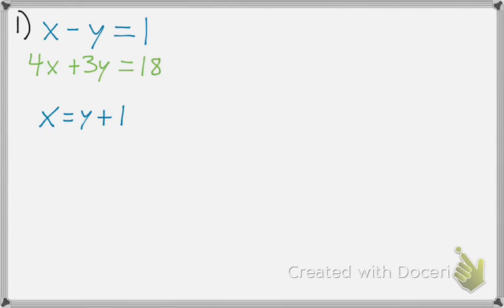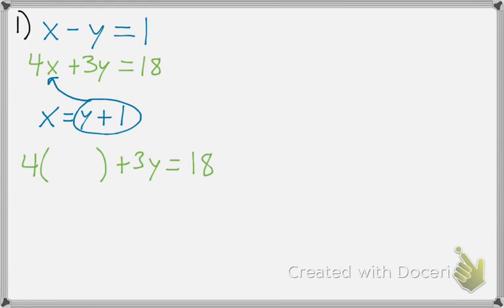So once you isolate one of your variables, you want to take that and plug it in for that variable, but in the other equation. So I've isolated for x in the top equation, and I want to plug that into x in the bottom equation. So I'm going to start with my equation. I'm going to leave an open parenthesis. I'm going to put the rest of the equation. And then I'm plugging in